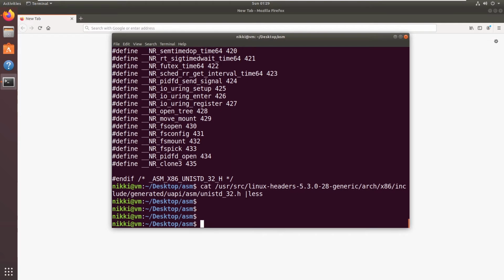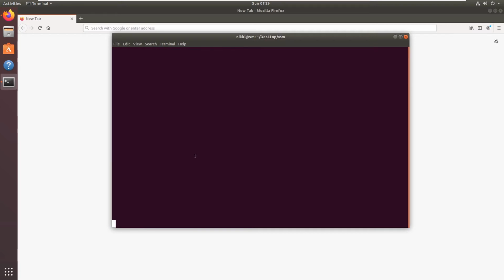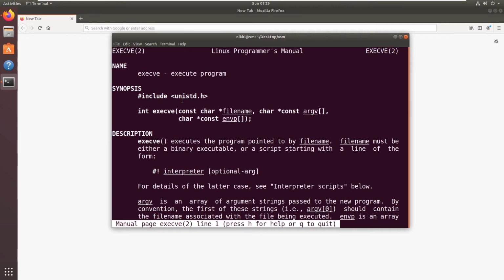Alright guys, now we are going to see the manual page once more, and I'll explain in detail. This is the manual page for execve, and the first argument should be the pointer to the command.